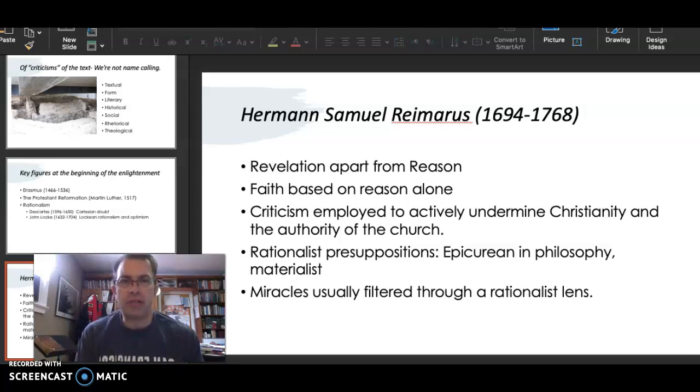Reimarus looked at the preaching of Jesus, and if you recall, he would boil the preaching down to: repent, for the kingdom of God is at hand. And he said that would have been so totally self-evident to the disciples in first century Judaism, but it is not so self-evident to you and to me. The kingdom of God was the main topic, and there is no point in distinguishing where Jesus's preaching leaves off and the disciples' and the Gospels' preaching takes over. There's no point of differentiation between the disciples and Jesus and their preaching. The point is, what does it mean to repent and believe that the kingdom of God is at hand?